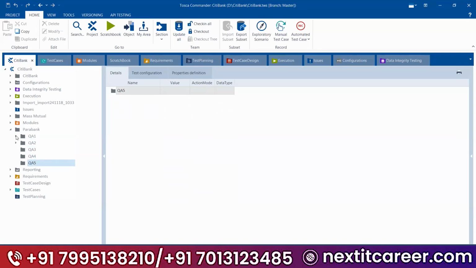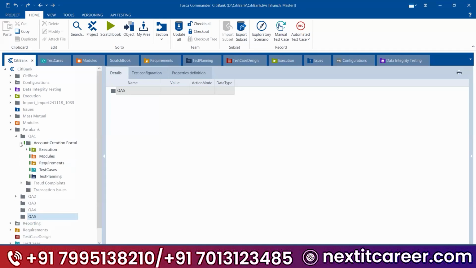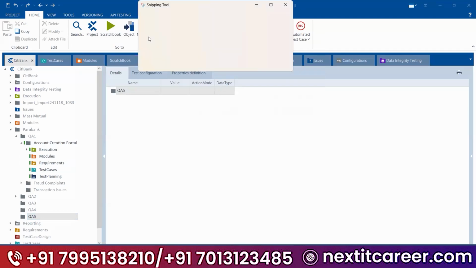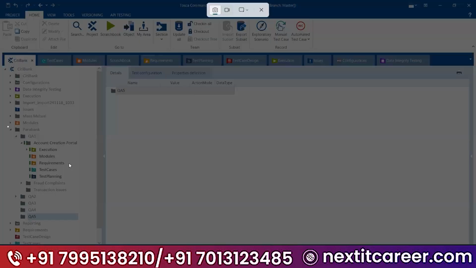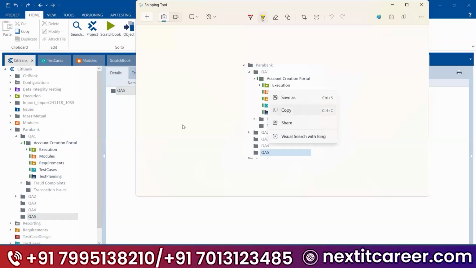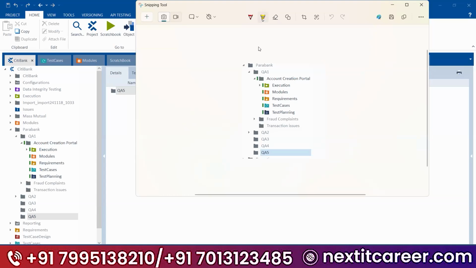So in this way, you will create any project folder structure, guys. This is the folder structure you are using in your project. See, this is the final folder structure.